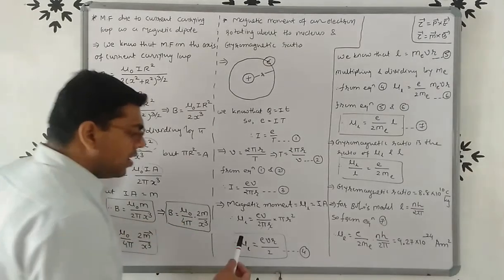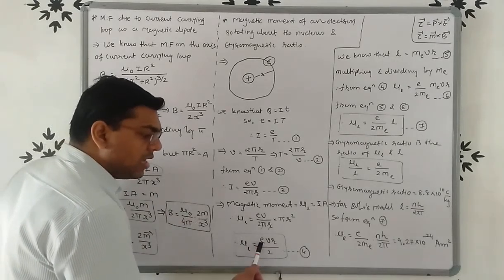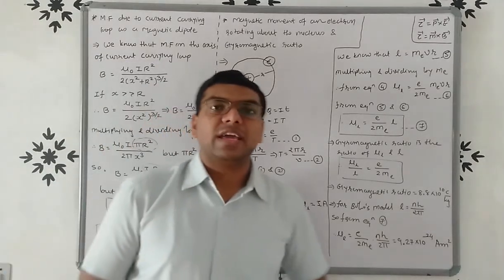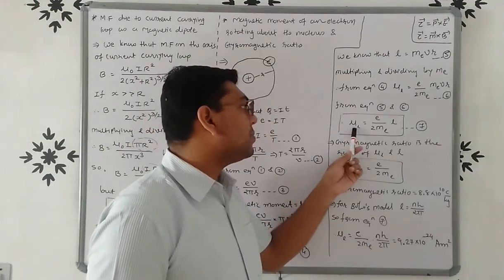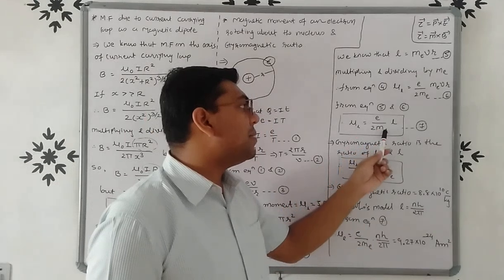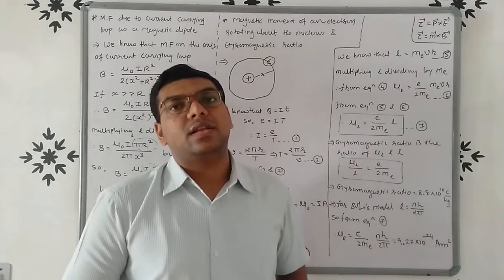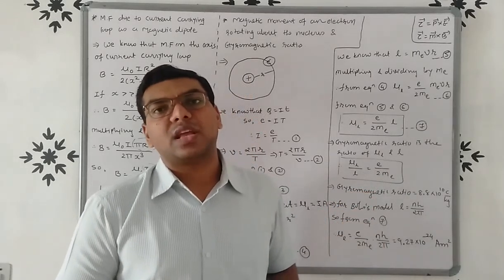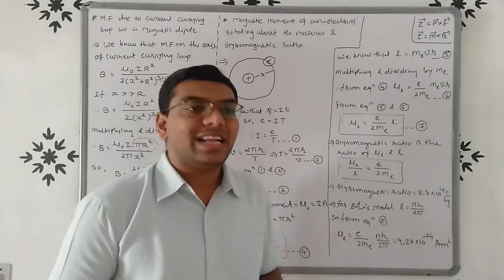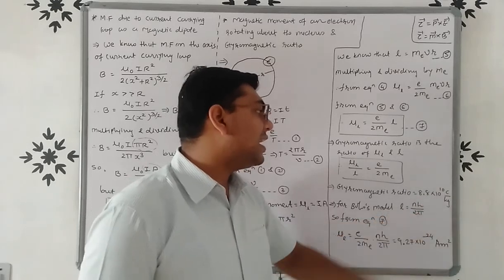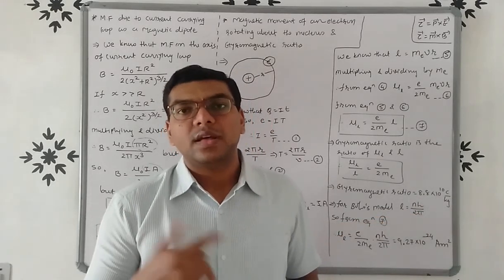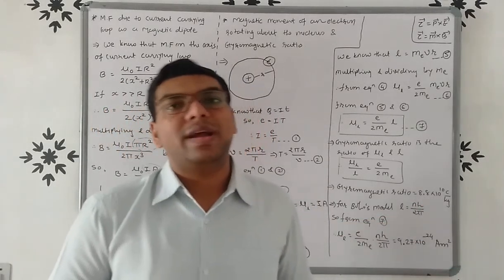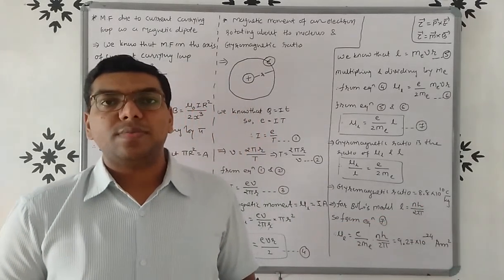Then magnetic moment is evr upon 2. Thereafter, in terms of angular momentum, magnetic moment is equal to e by 2m_e into L. Then gyromagnetic ratio is e by 2m_e. Then you have to remember the value of gyromagnetic ratio, 8.8 × 10^10 coulomb per kilogram. Thereafter, if you want to find out the value of magnetic moment for the first orbit of Bohr's model.